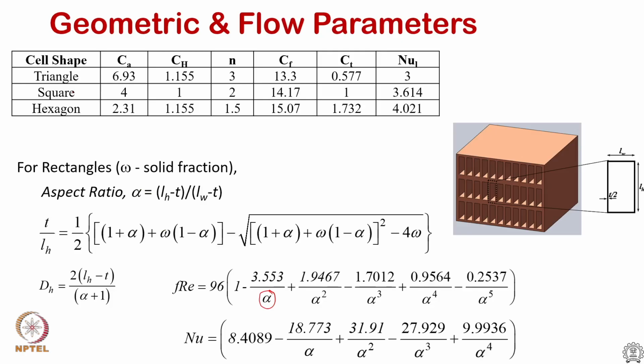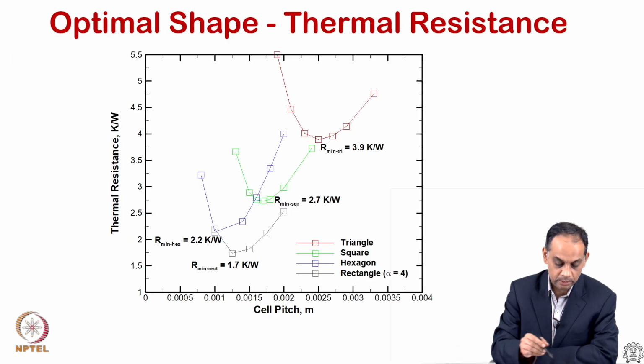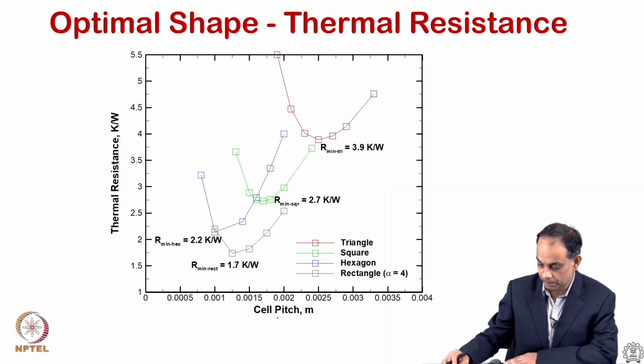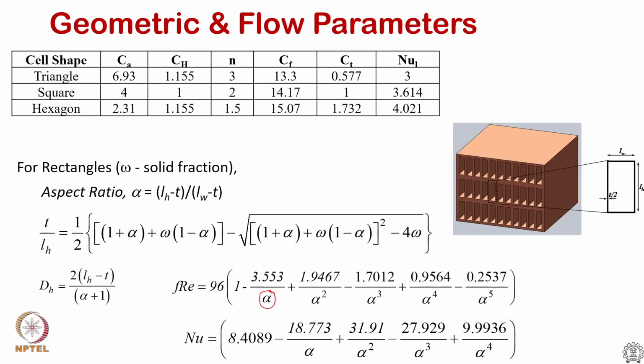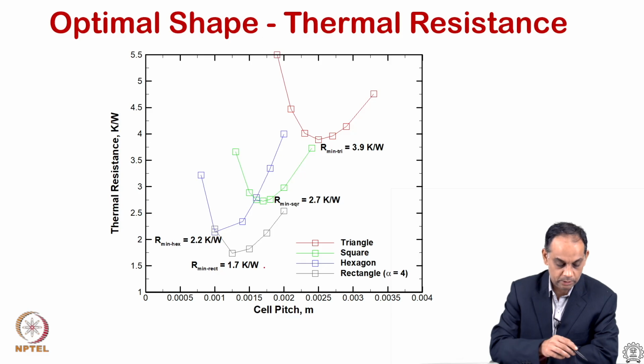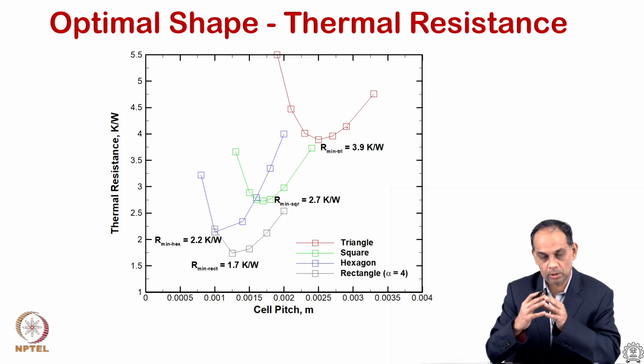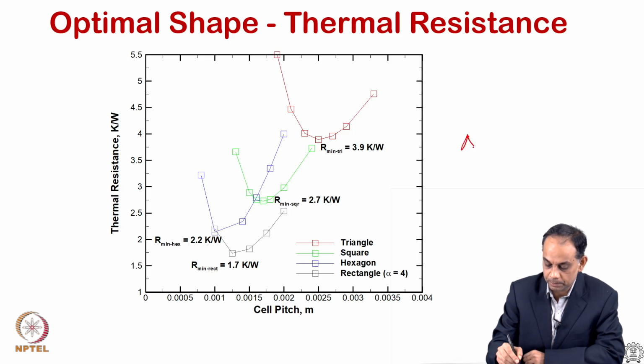So, with that we can go ahead and plot this, and you see that the triangle pack gives you results as a function of cell pitch. Cell pitch, this L_W, is kept as a varying parameter, and if you plot that cell pitch as a function of thermal resistance of these different shapes, you find that triangles are worse performing because they pack more for a fixed pressure drop constraint. Here the pressure drop is kept constant,